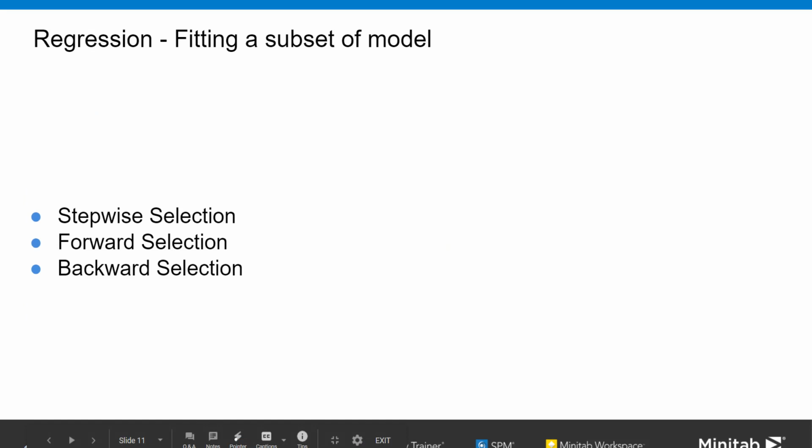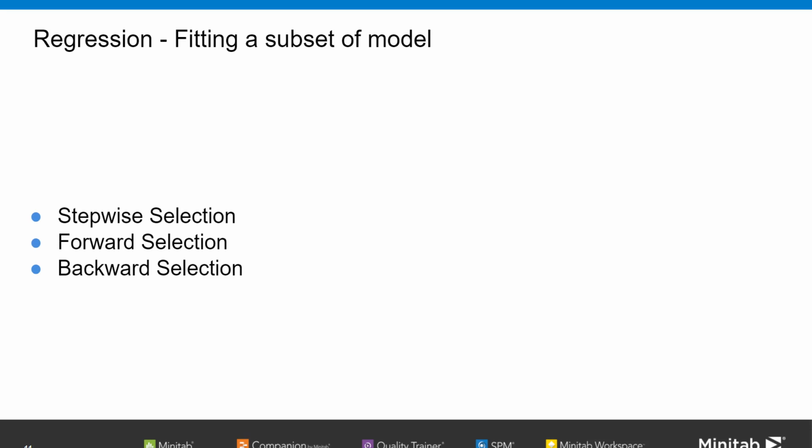Now in multiple regression, if the number of predictors is very large, then before even fitting a regression model, we use a stepwise or best subset model selection technique to screen out predictors which are not associated with the response. Stepwise regression is an automated tool in Minitab which is used in the exploratory stages to identify a subset of predictors which are useful to predict the response.